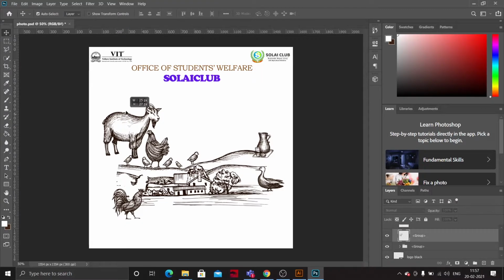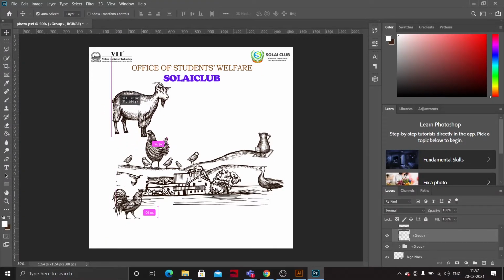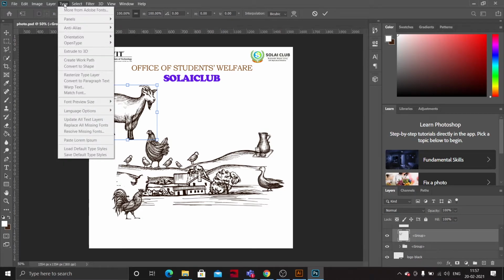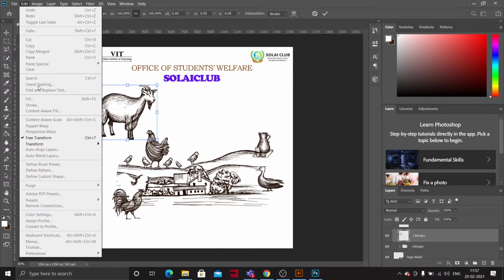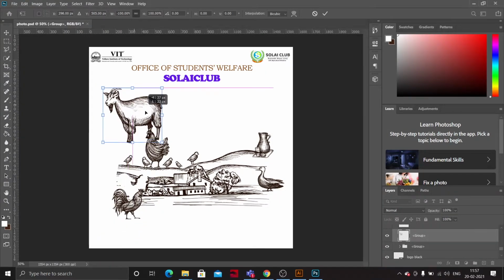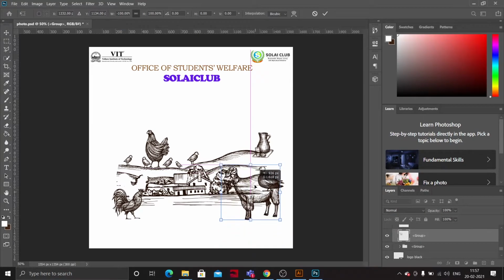If you want to rotate this goat layer, just click on this layer and you can flip it once again. Flip horizontal.